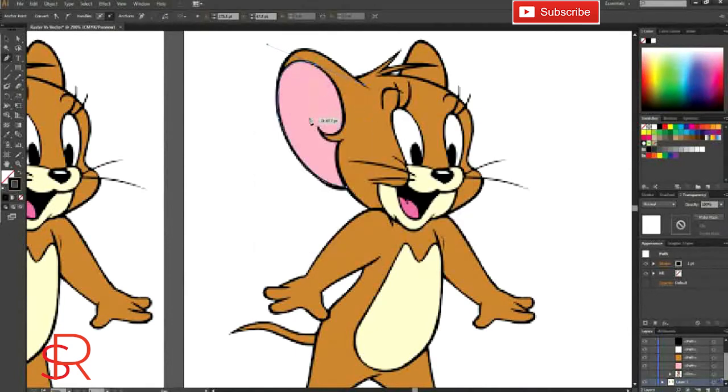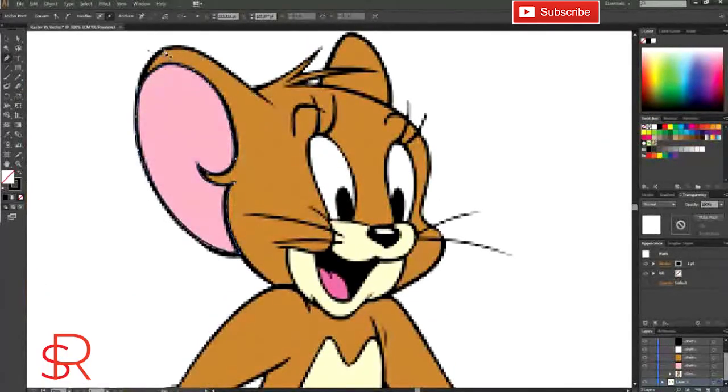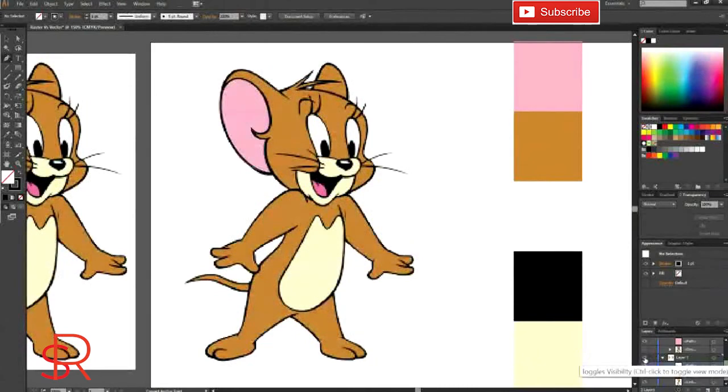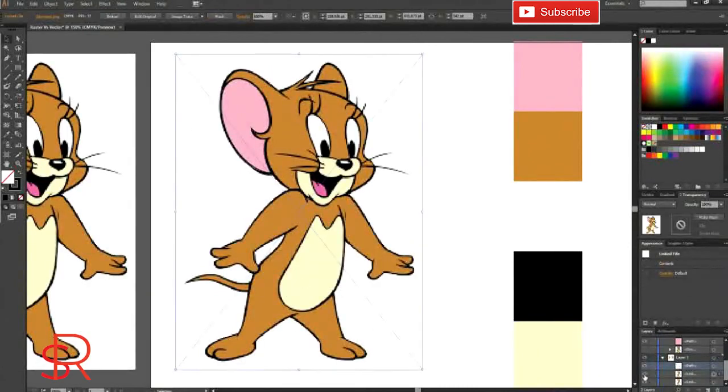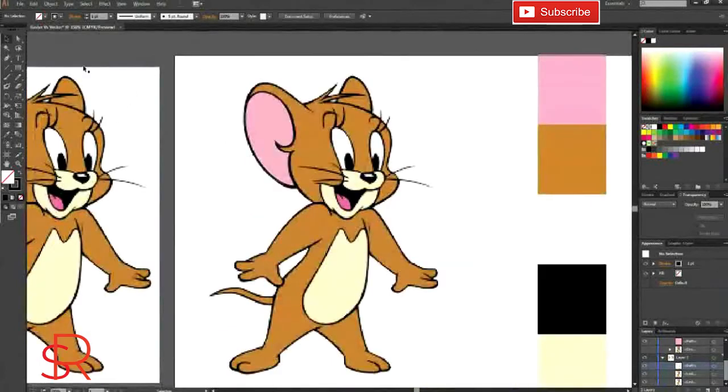And also wherever the curve is required, we will give the curve accordingly so that we can get the exact shape. Once we have created the exact images, let's say right now we are making one image of Jerry. So this is converting one raster to vector, but this time the conversion is going with the help of drawing completely with the pen tool.